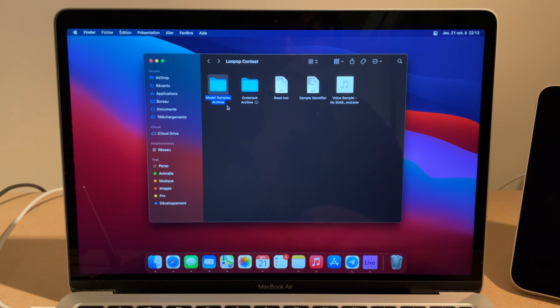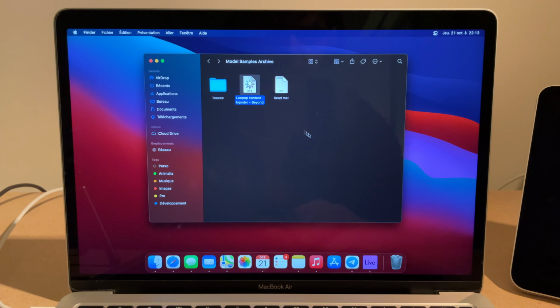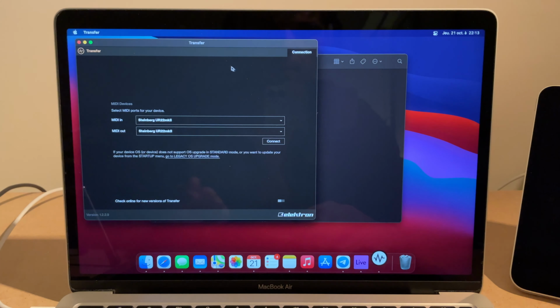So if you have one, you can use the files inside to have the Model:Samples play part of this performance on your Model:Samples. You have the sample folder, which includes so many samples, in fact, many of which I haven't used, and a sysex file, which will give you access to the 3 patterns. So you add both to your Model:Samples using the Elektron Transfer app by connecting your Model:Samples to it.